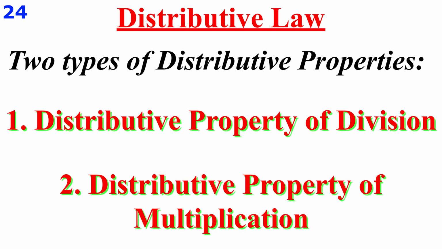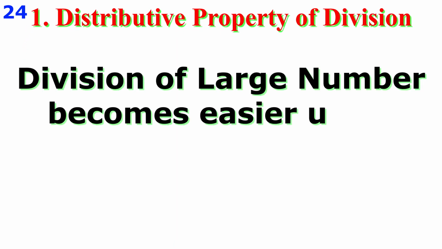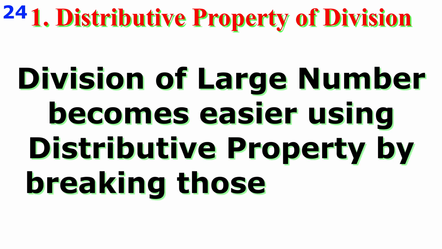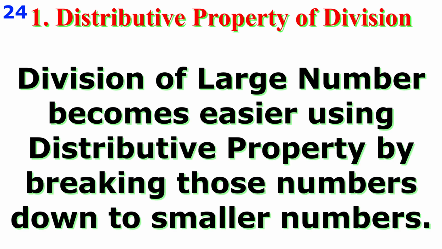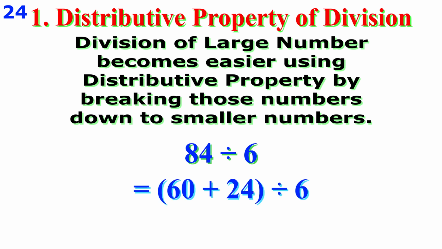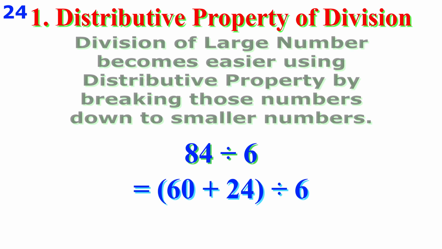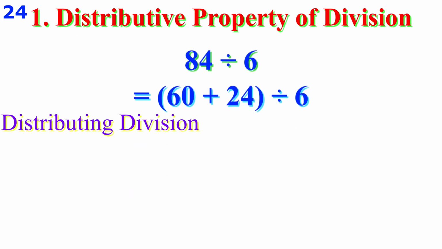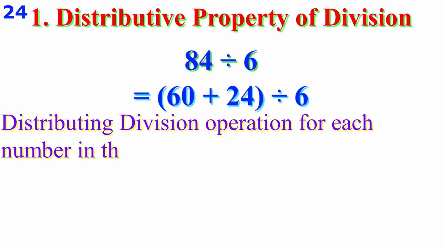Okay. Now, distributive property of division. We can divide large numbers using the distributive property by breaking those numbers into smaller factors. For example, 84 divided by 6. We can write 84 as 60 plus 24 divided by 6. Now, distributing division operation for each factor in the bracket, we get